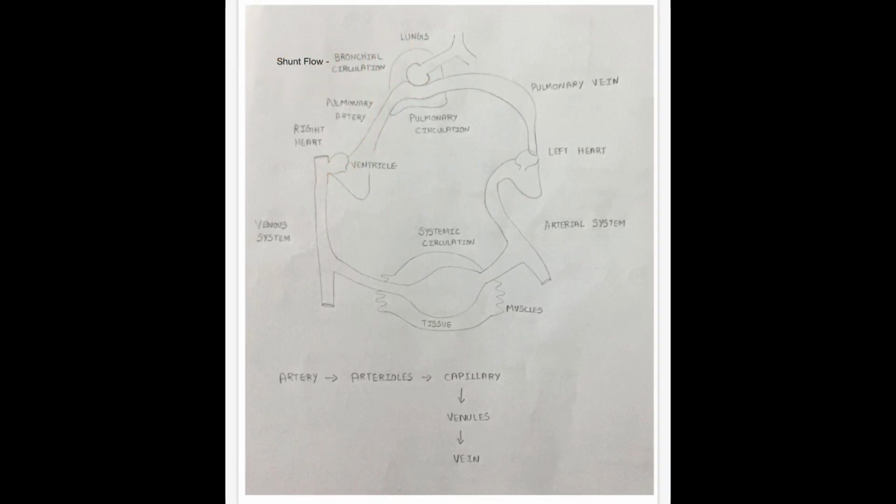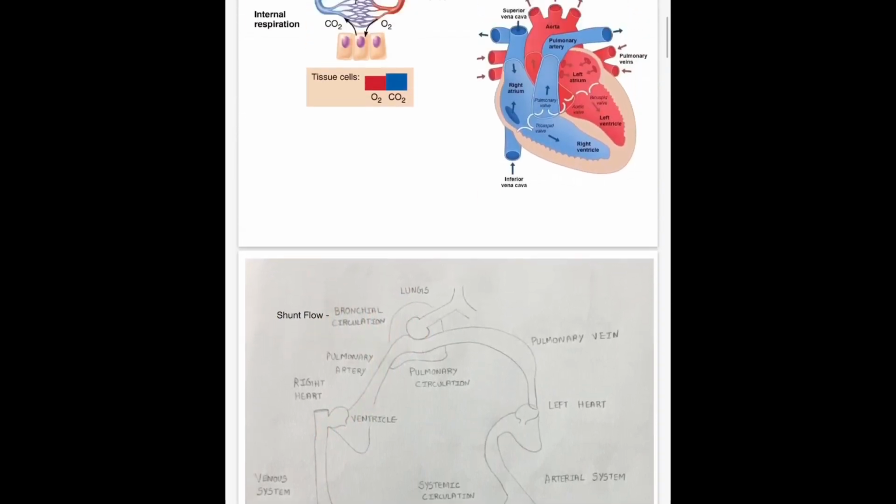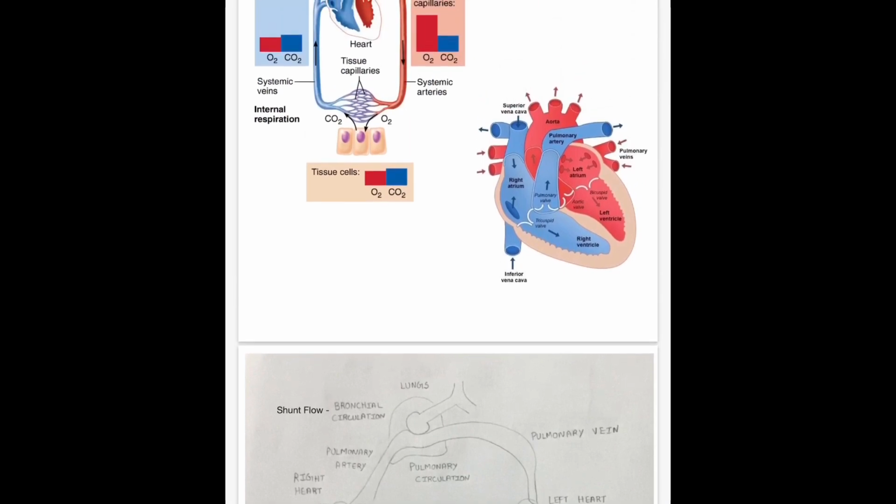So let me explain with a heart diagram. From the venous system, the deoxygenated blood is carried to the right heart through the vein, first to the right atrium of the heart. In the right atrium, the deoxygenated blood is pushed to the right ventricle, and from the right ventricle, the deoxygenated blood is transported to the lungs through the pulmonary artery,